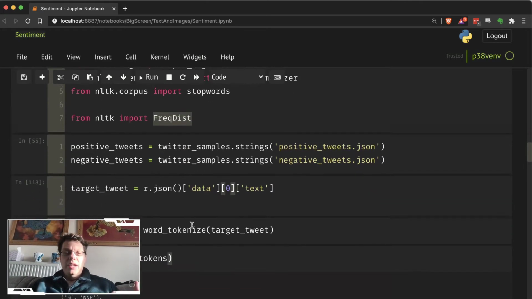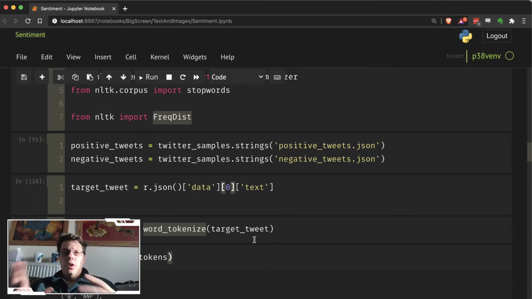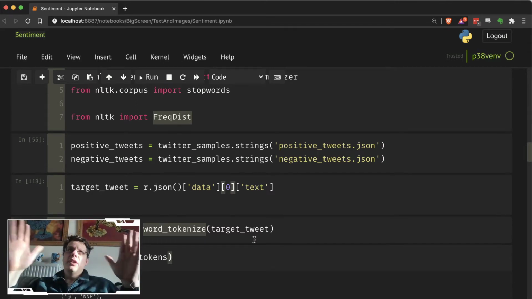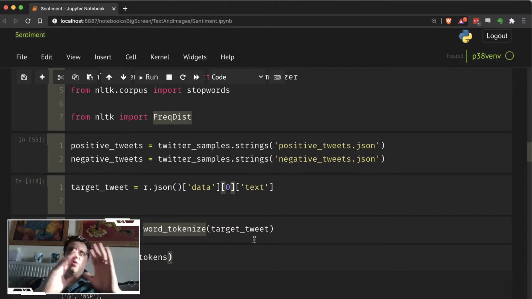What we can then do is use a tokenizer. Now, there's two tokenizers in Nltk which are really powerful. There's actually lots of them. One is the sentence tokenizer and one is a word tokenizer. So you can use the sentence tokenizer to break down paragraphs into sentences that you can then parse and work out whether they're positive, negative, or whatever you want to parse in that. And the word tokenizer breaks down a sentence or a lot of sentences into individual words.